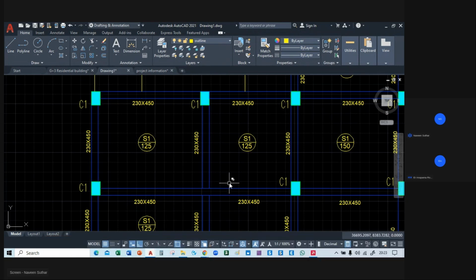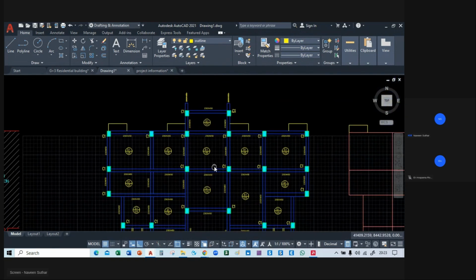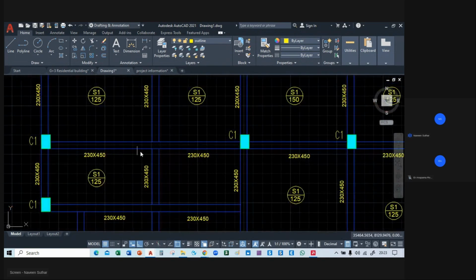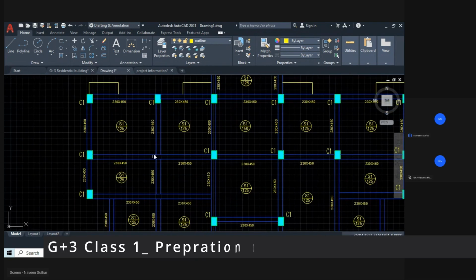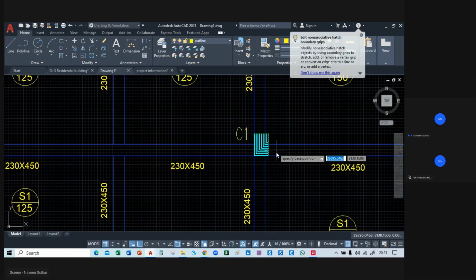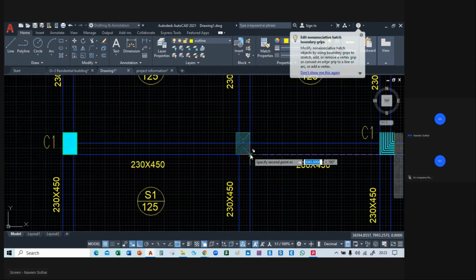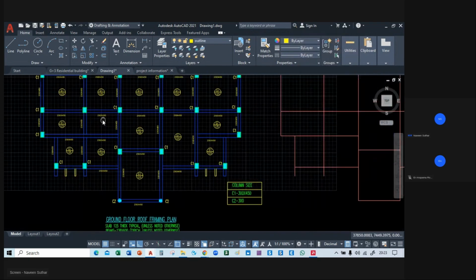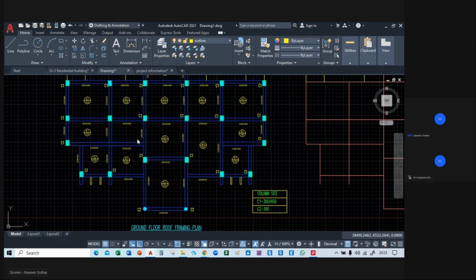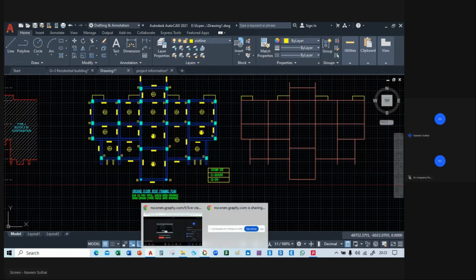So we will check the span. It also depends on the span. And we will check it. You can see there is a column missing here, so we will place a column at this location. Okay, and now I think it's better. Someone is asking